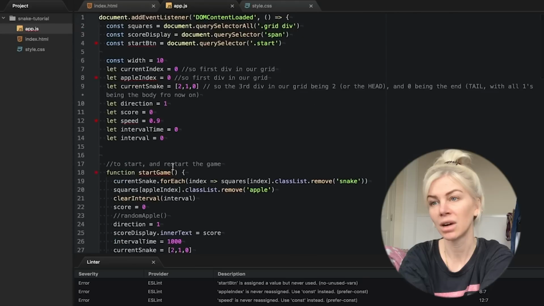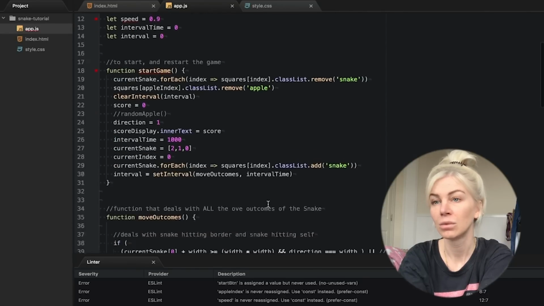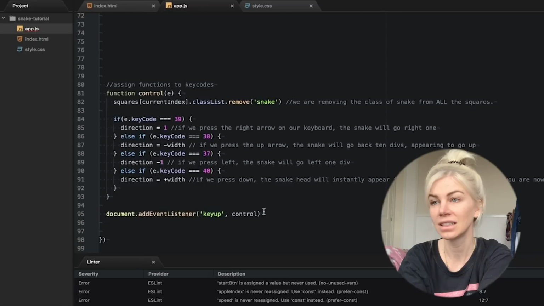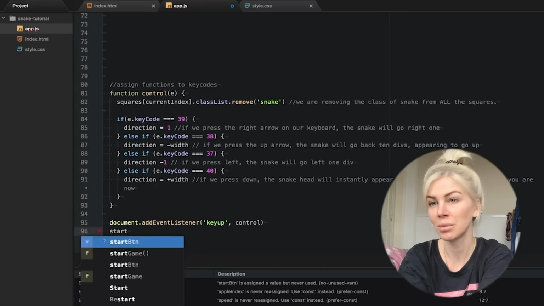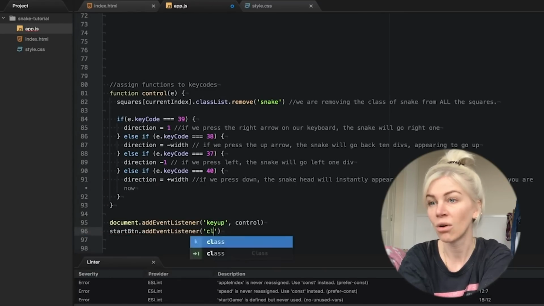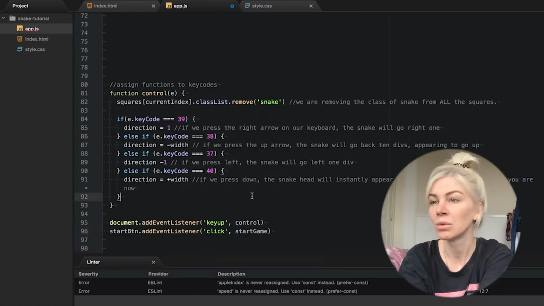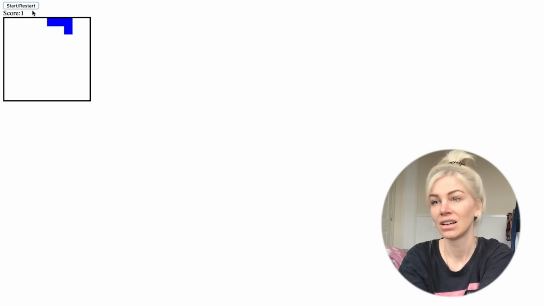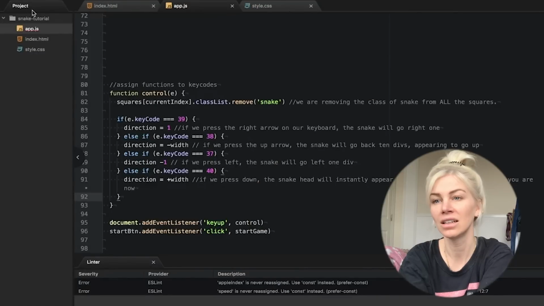Right then, we've been coding for a while. Let's see if this works so far. We have written a start game function, so now let's link it to the start button on our HTML page with an event listener. So on click of the start button, we want to invoke the start game function. And it works. For some reason the left arrow button is not working. And here is why: we are missing an equals sign. Oops.